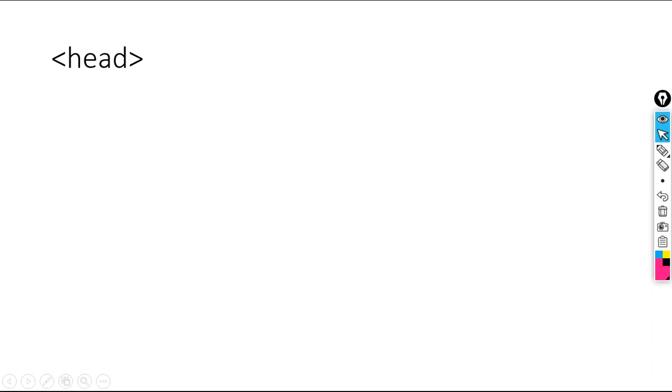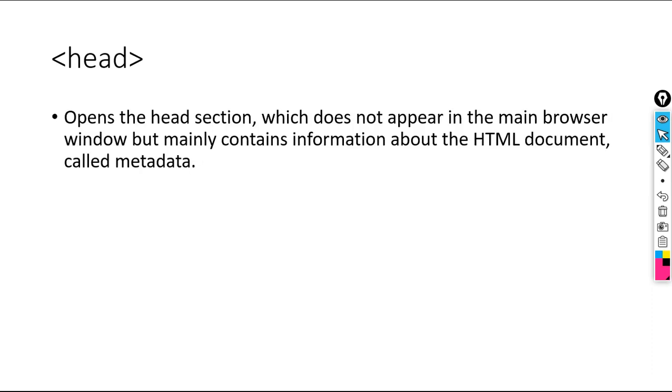Now, head section. The head section opens, and it does not appear in the main browser window. Whatever content we write in the head section will not appear in the browser, so the end user will not be able to view it.